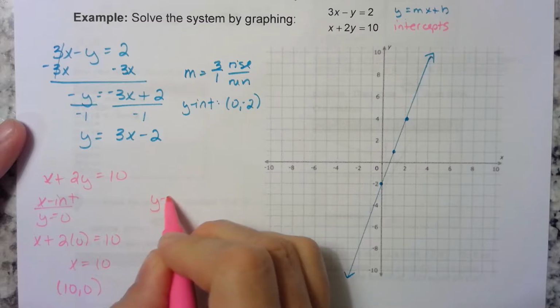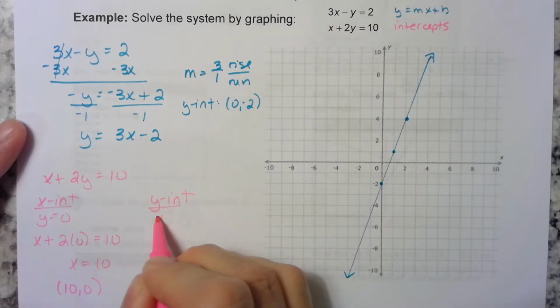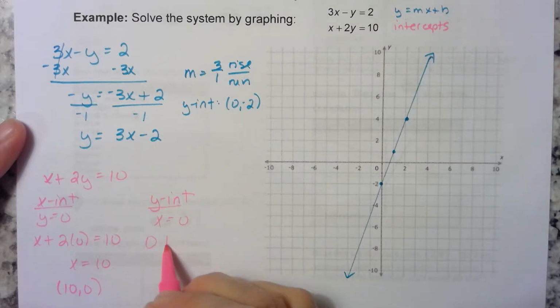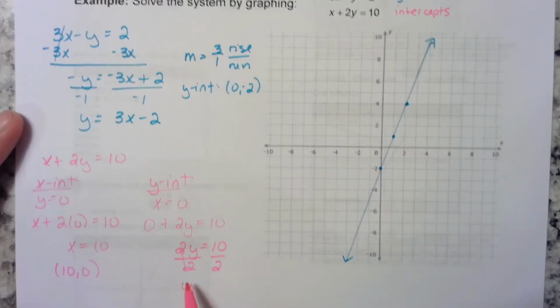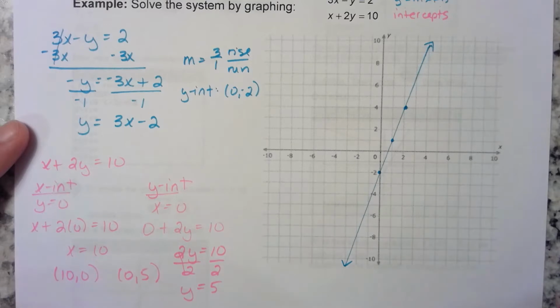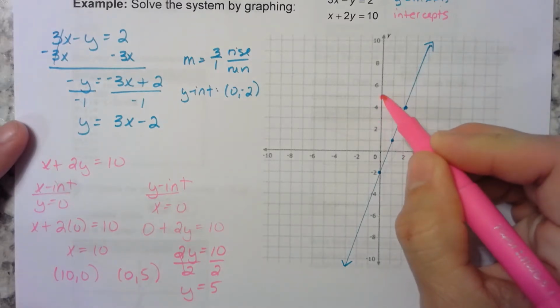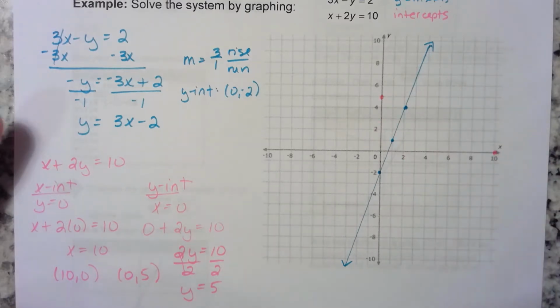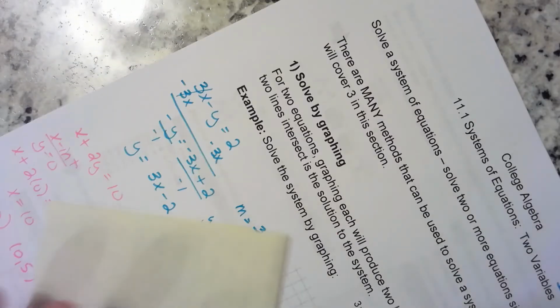To find the y-intercept, you let x equal 0. So we have 0 plus 2y equals 10, which means 2y equals 10. And when we divide by 2, we get y equals 5. So the y-intercept is the point 0, 5. So we can plot these 2 points, 0, 5 and 10, 0, draw the line,